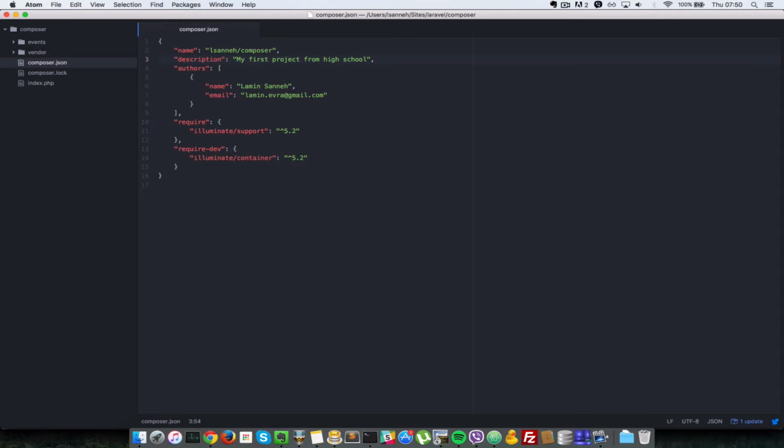Okay, and the third field is the authors field. The authors field has some keys in it. It's an array of objects, and these are the two most common properties for each object, that is the name and the email. But there are two other properties which you can add there, which are homepage and role. But normally I don't see that in a lot of files. You can add them there if you want to,